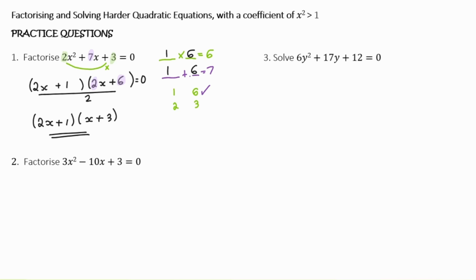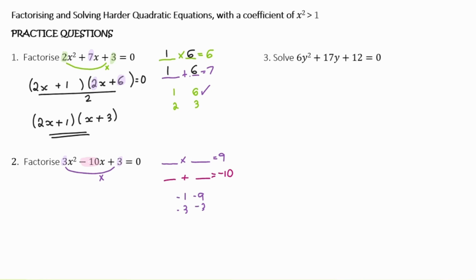For number 2, we have to factorize 3x squared minus 10x plus 3 is equal to 0. So first we have to multiply 3 and 3, which means we are looking for two numbers that give us 9 when multiplied, and those same two numbers should add to give us negative 10. So looking at the factors of 9, we've got 1 and 9 and 3 and 3, but because these are multiplying to give a positive and adding to give a negative, we are going to look at the negative factors